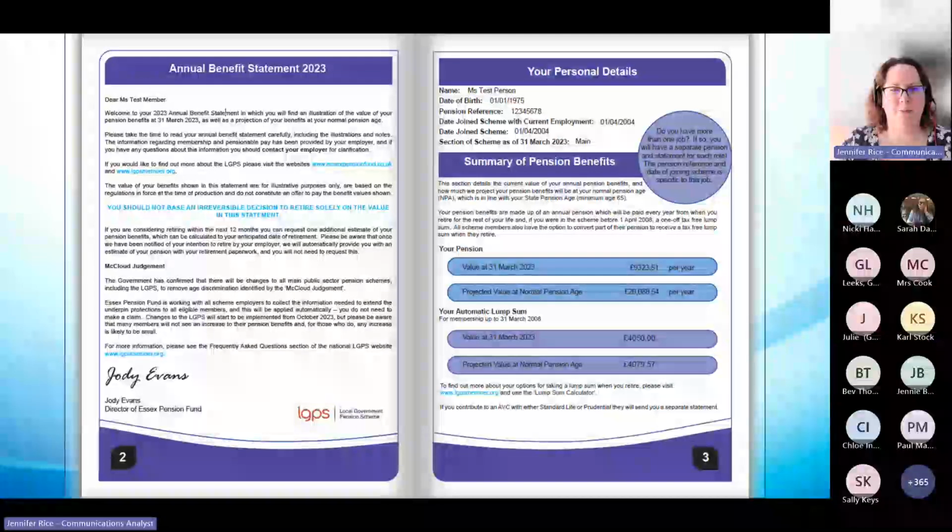So let's take it from the top. I'm just going to get my little laser pointer out. Okay, so your personal details are shown at the top of page 3. If you need to make any changes to your name or your address, you just need to tell the pension fund in writing. We can't make those changes over the phone. You can download a change of name or change of address form from our website,